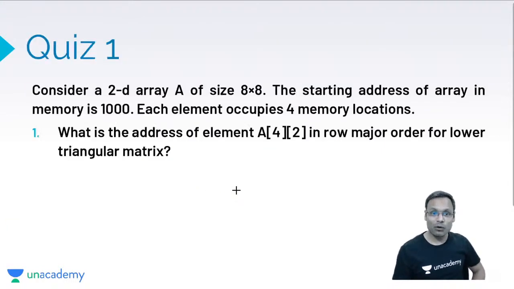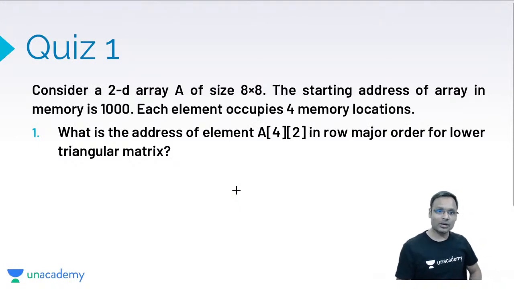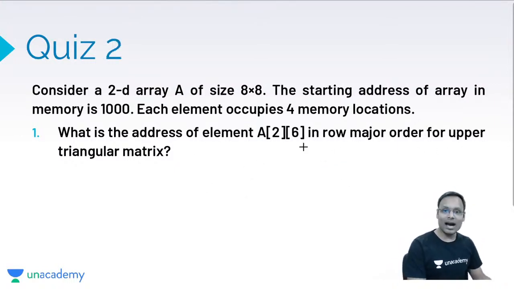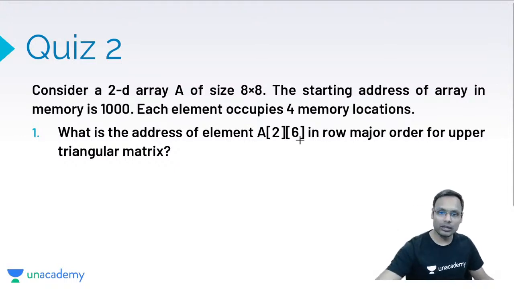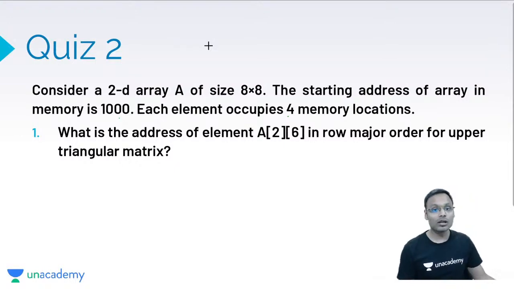Now based on these formulas, I would like you to solve these questions. These 2 questions you have, for upper triangular matrix storing. So this one is lower triangular matrix, row major. This is upper triangular matrix, row major. You will have to calculate the answers, that is, the actual location, when I have given W and base also. Use the formula, get the answer. These quizzes are your practice questions. I am giving you as homework tomorrow before